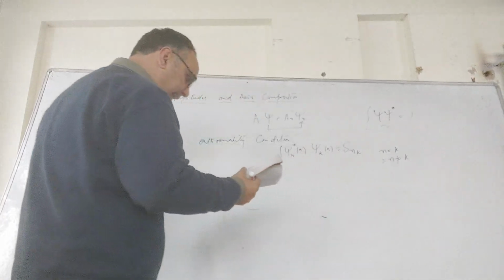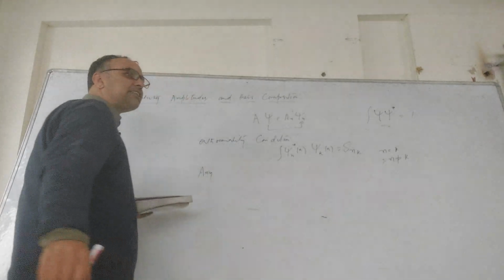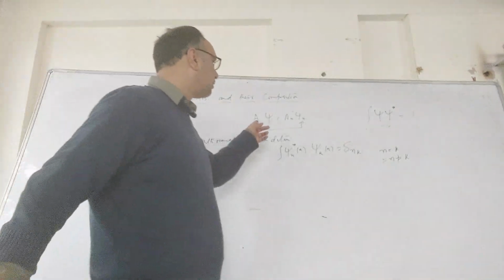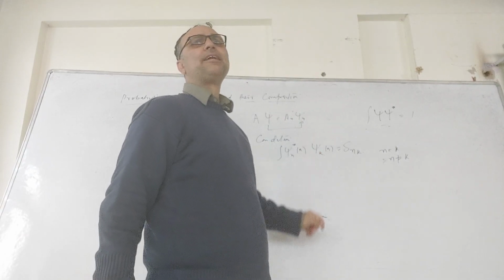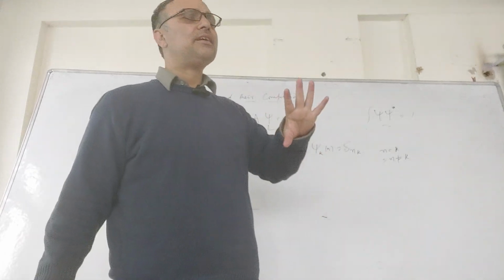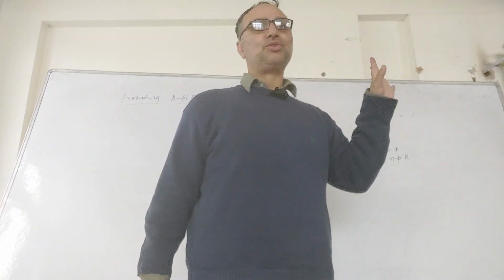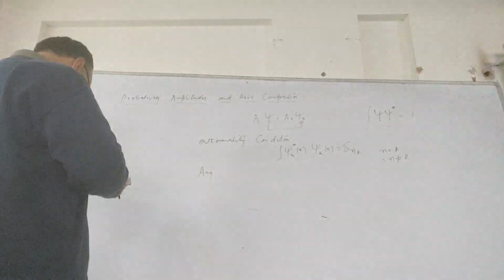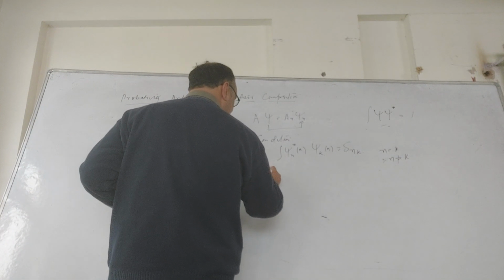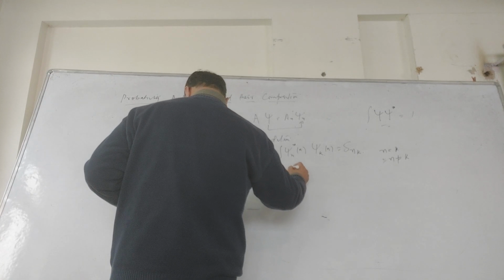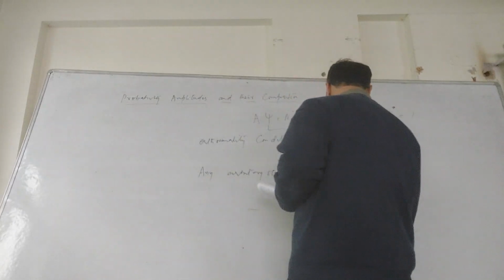And any state psi, any arbitrary state. Now this psi, it's not necessarily that we have specified a given eigenstate for a given eigenvalue. In principle, psi can be any state, and it can have any value. If any arbitrary state psi of x is assumed to be expressible,